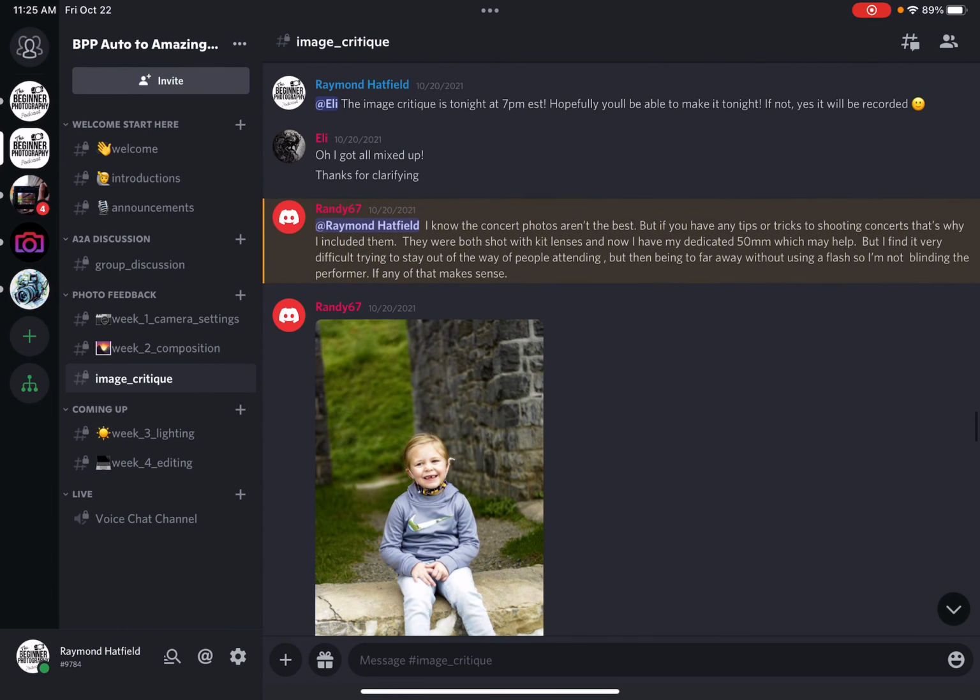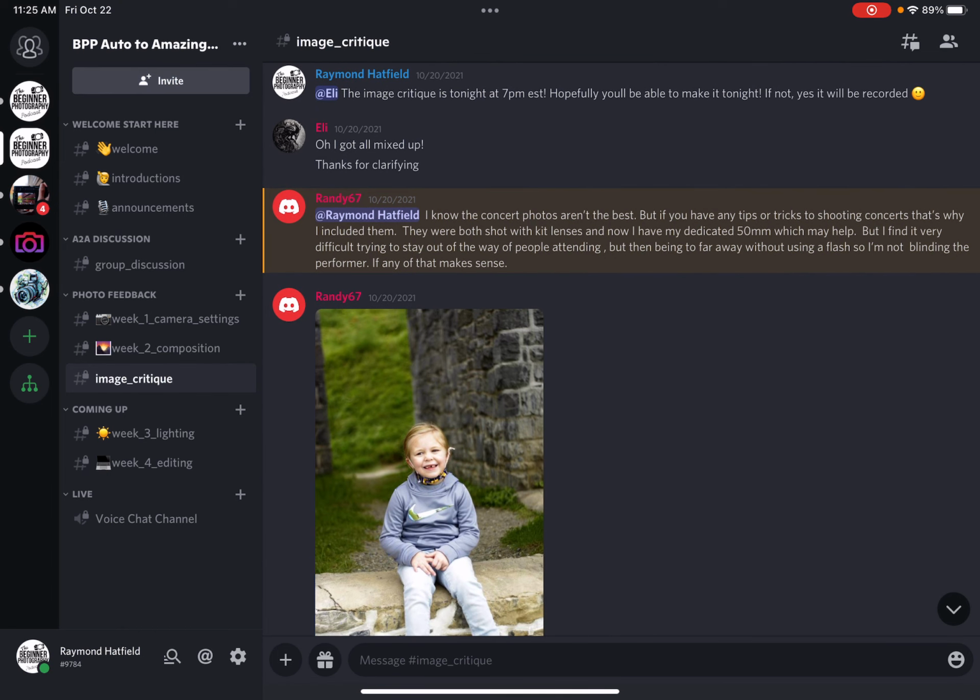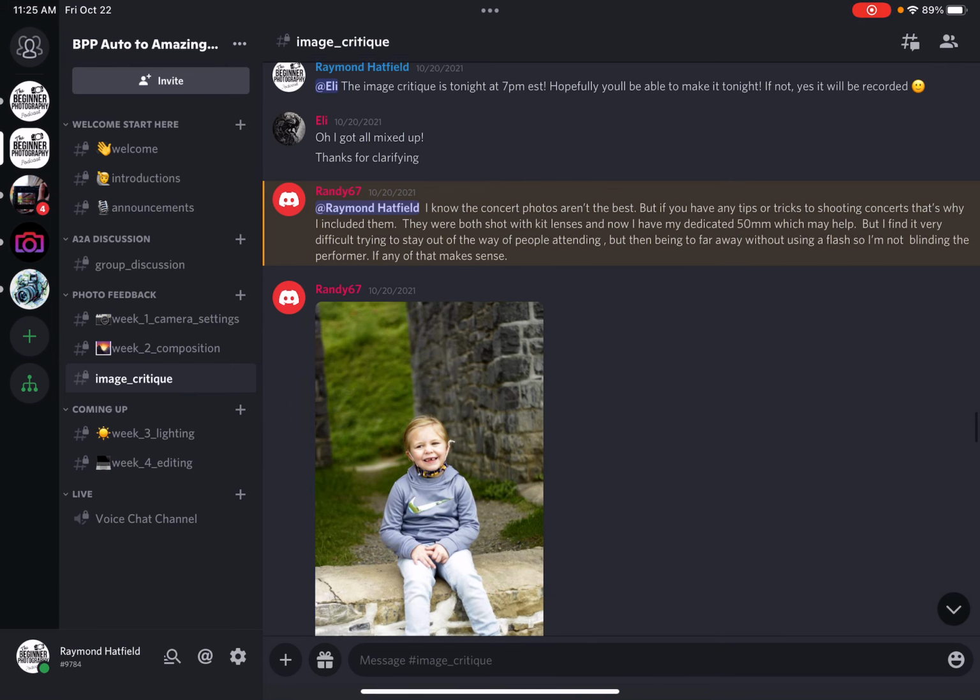Randy, I know the concert photos aren't the best, but if you have any tips or tricks on shooting concerts, that's why I've included them. They were both shot with a kit lens, and now I have my dedicated 50 millimeter, which may help, but I find it very difficult trying to stay out of the way of people attending, but then being too far away without using a flash. Yeah, gotcha. Okay,